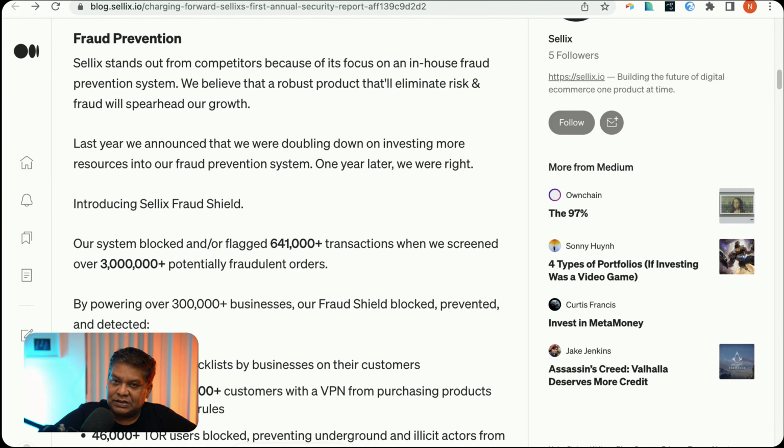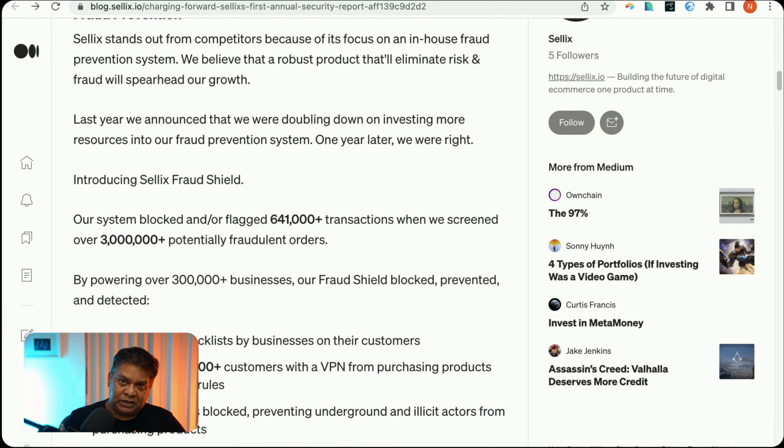If you're such a big platform, you're doing blocking. These are the number of transactions you're blocking, and 3 million plus potentially fraudulent orders is quite a staggering number. So imagine the number of legitimate transactions which are taking place.